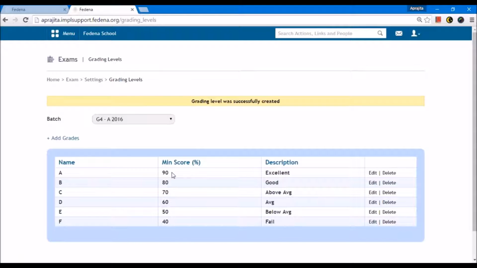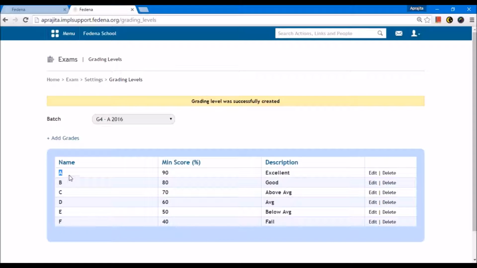So these are the grades that will be assigned when you enter marks for a subject. For example, mathematics is a subject. If I enter, let's say 95, for a student, the grade will automatically be shown as A. You can choose to show grades or leave them. That is optional. Marks can also be optional. So it can be marks or grades or both of them.